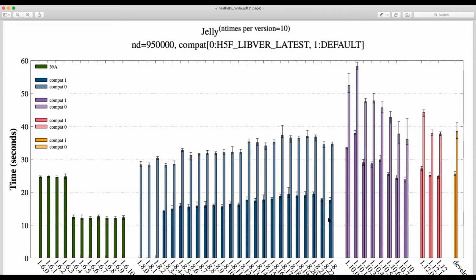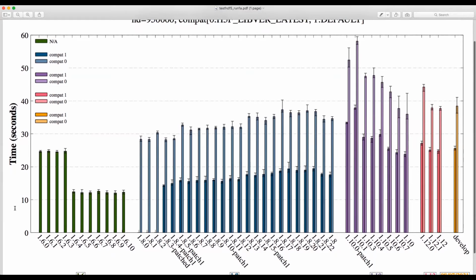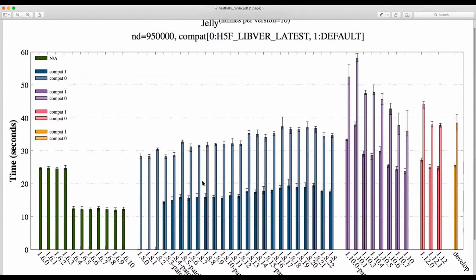You will have overhead for the regular use case, and this graph represents that. We have an application that creates a lot of datasets, almost 1 million datasets under the root group. You can see the dark columns, and you can see the versions of the library on the bottom. This is the time in seconds to run this application. You can see that when the file format was set to use the latest, and latest has different meanings in, say, 1.8 and 1.12, because 1.12 may have more features added and different versioning involved, you see the light bars,